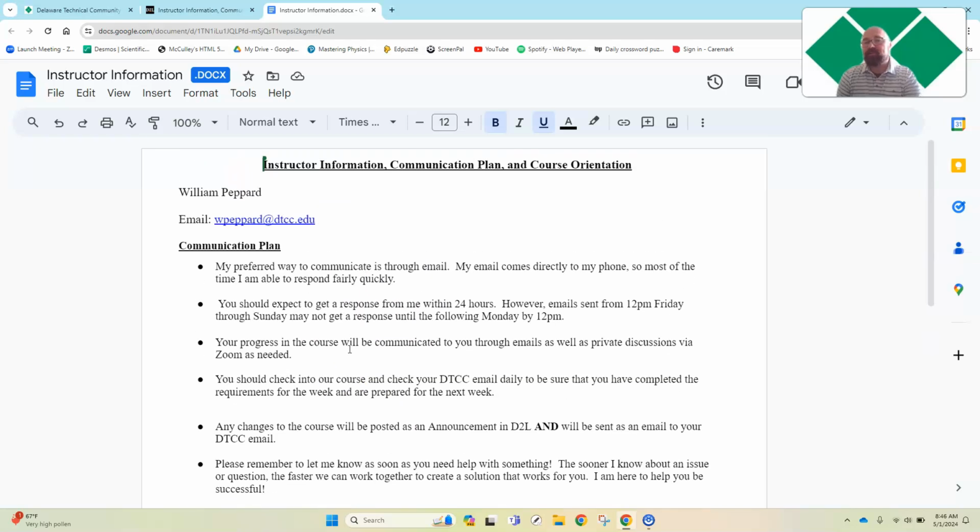If you happen to want to have a Zoom session, we can do that. If you wanted to have a private Zoom, we could do that. Throughout this semester, I might set up a couple of drop-in Zoom hours. If people utilize them, I'll keep them going. It's really just to allow you to ask questions live and be able to get your feedback right away.